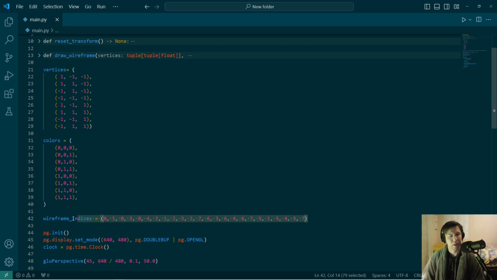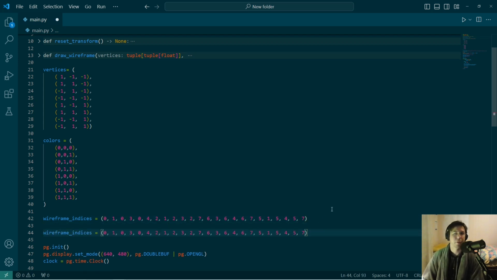Okay, now in terms of indices for faces, there's something called an edge table. What an edge table is, is a collection of indices which define the edges of a single polygon. So let me just wrap this up. Say for instance, the corners 0, 1, 2, and 3 form one polygon. Then we'll have another polygon formed from the corners